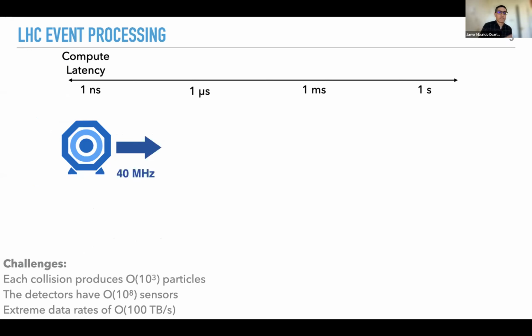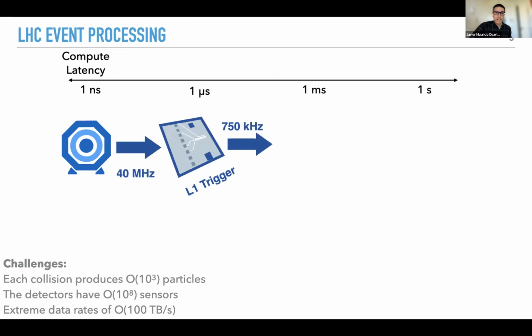Okay, so first, just to get everyone on the same page, the overall picture of LHC event processing looks something like this. You have collisions coming in at 40 megahertz. Then, of course, we have a level 1 trigger stage, typically implemented on FPGAs, which reduces the event rate by a large fraction. In this case, these are numbers for the upgraded